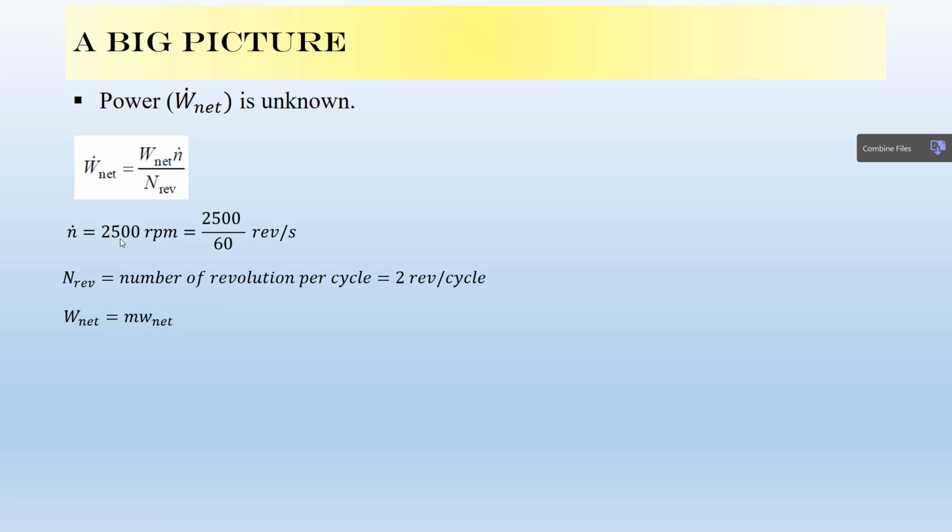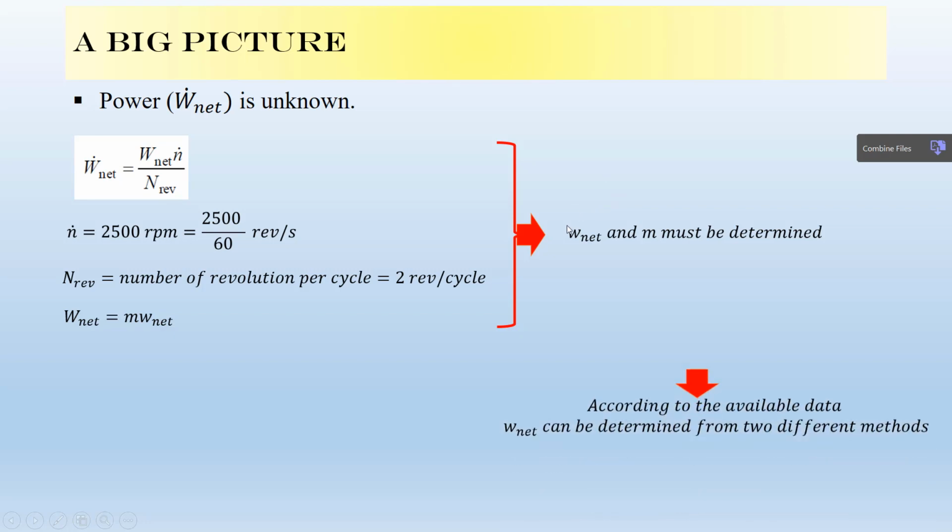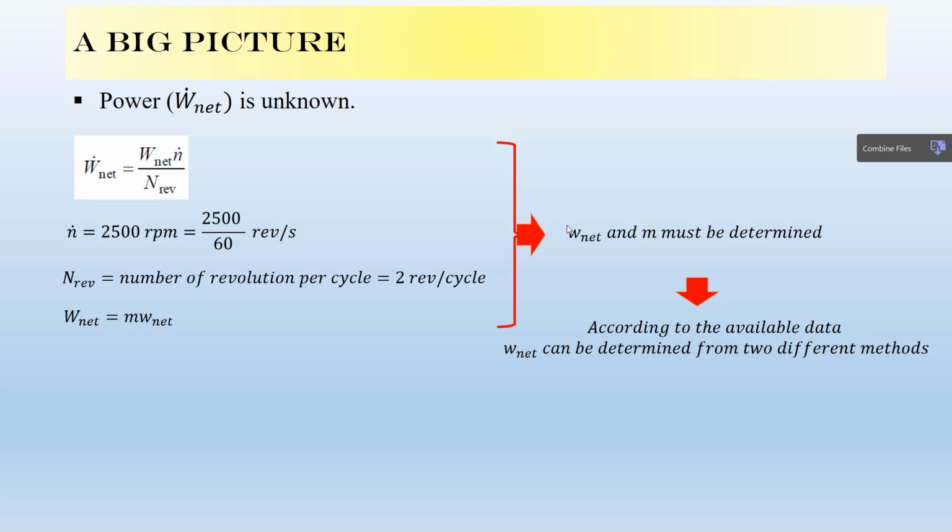What is the W? W is the total W, guys, which is W per unit mass times mass. So what we need to do, guys, we need to calculate mass and W. These are the two unknown parameters. So the unknown parameters are W net and m. We need to determine the W net, work per unit mass, and mass. Okay, so to actually calculate W,